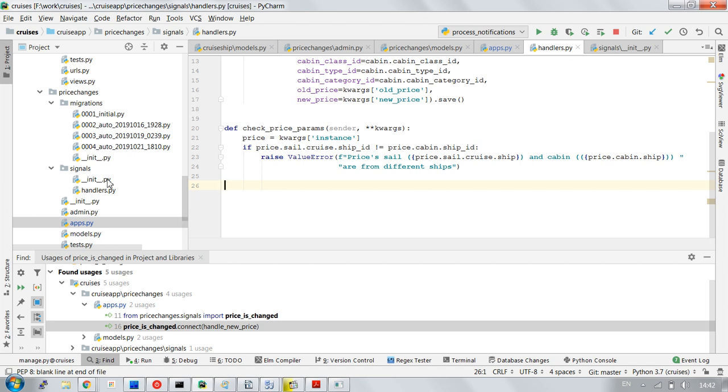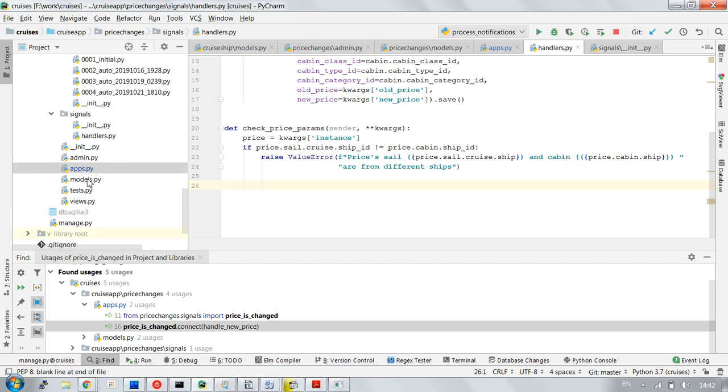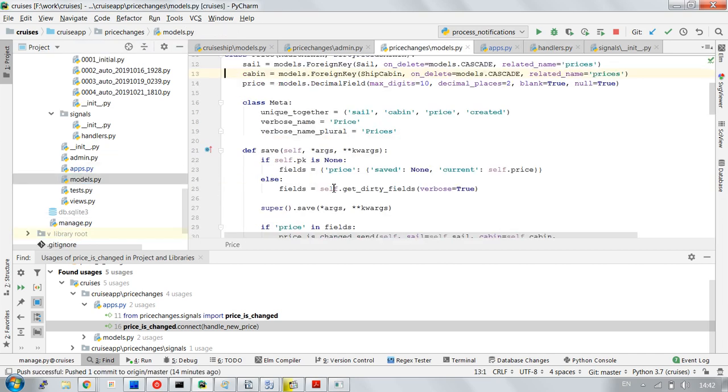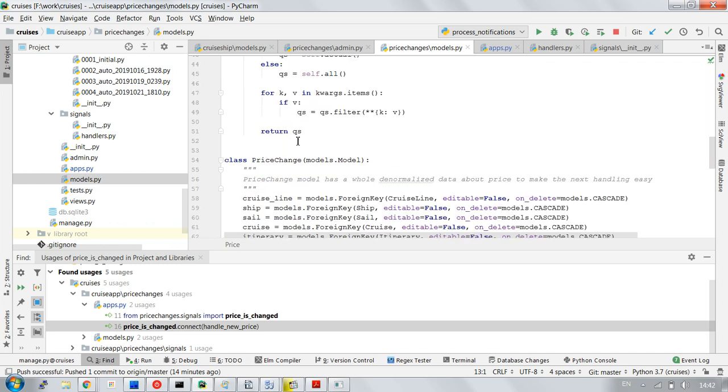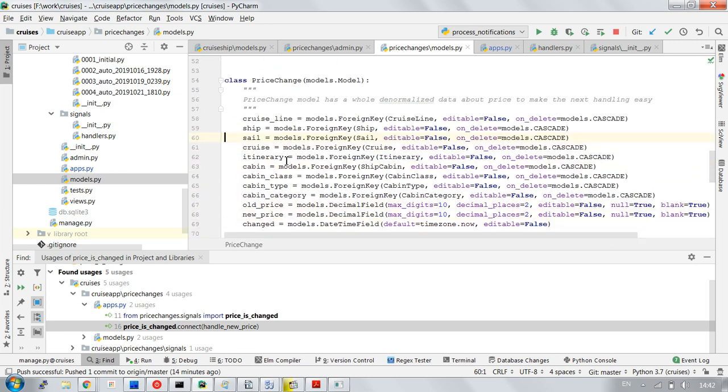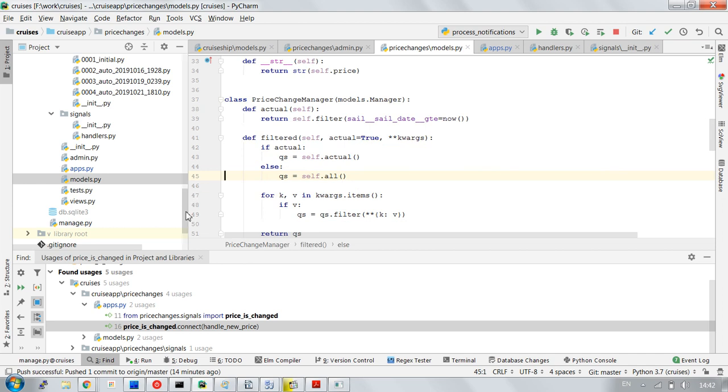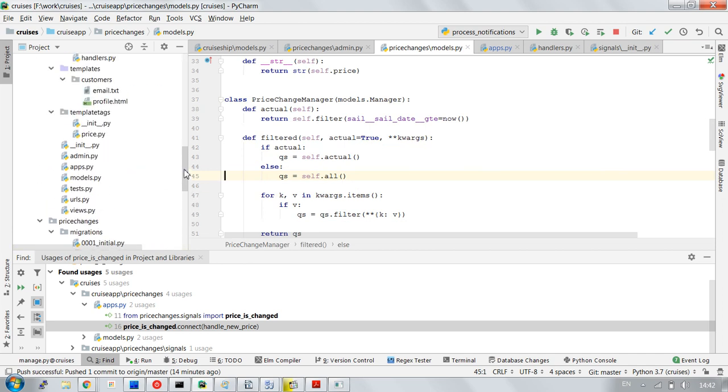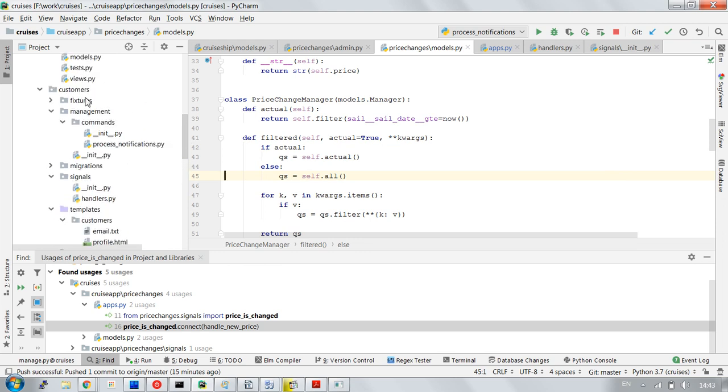So as soon as the price change is saved, we should notify every customer that has an alert signup for this cruise line or ship or sail or itinerary, etc. Let me show how I implemented this. Let's look at our customers application,